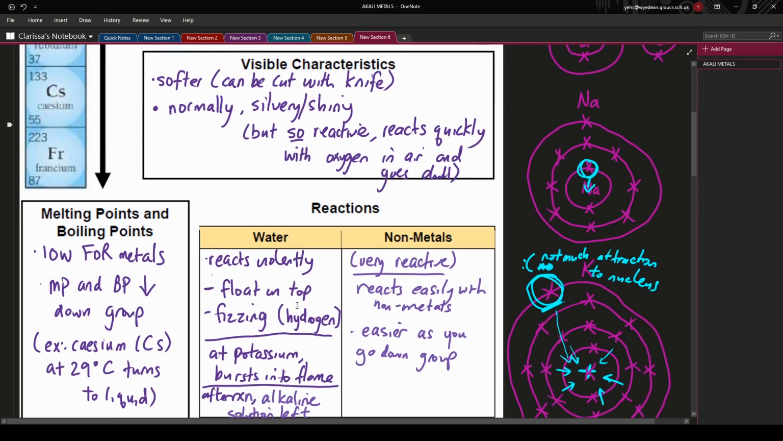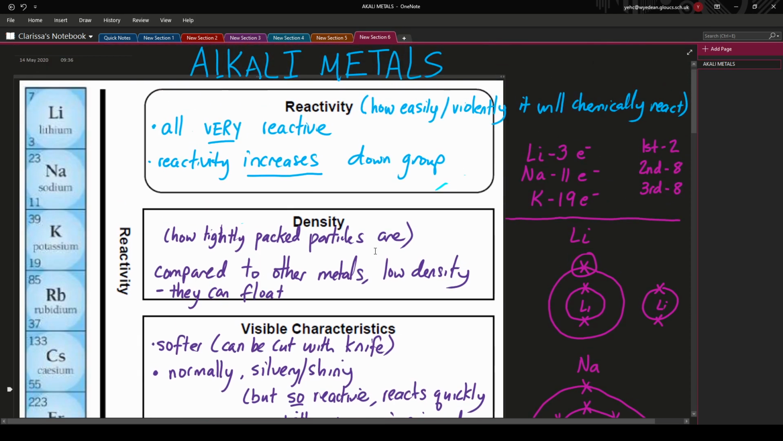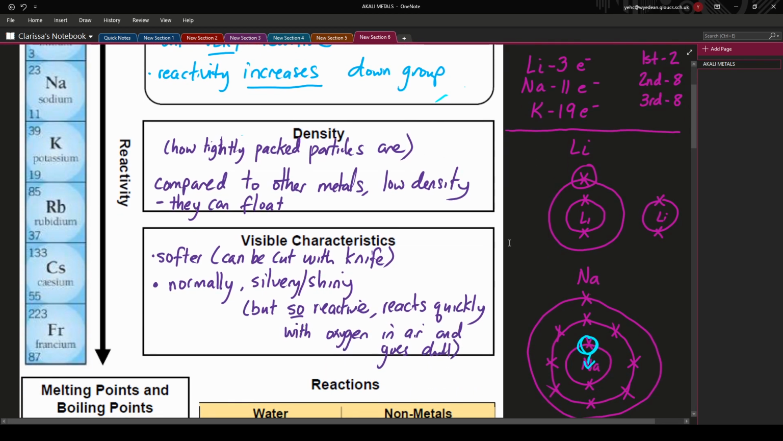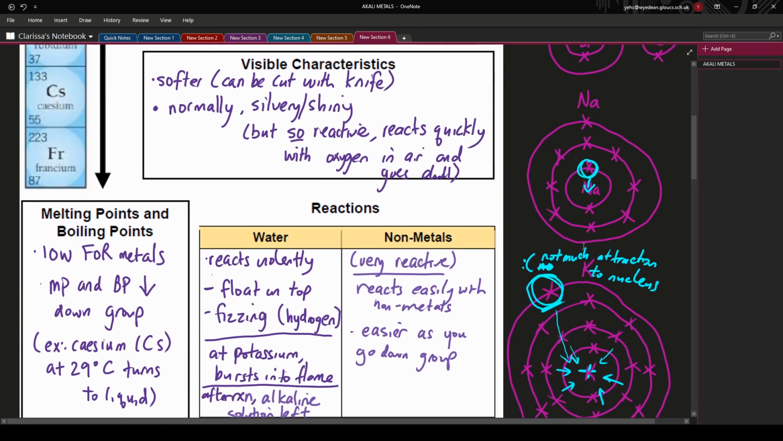So even though there's a lot of information here, what I want you to understand is that all of it pretty much has the same theme: the alkali metals in general are all very reactive, and that reactivity increases down the group. The reason why there's that change is because of how much bigger our alkali metal gets as we go down the group. So the one lone electron on the outermost shell becomes more and more